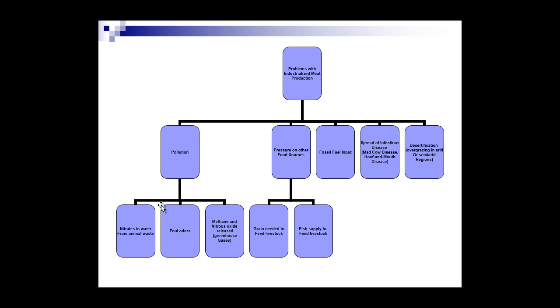So it's really expensive to eat at the top of the food chain, and that reflects in food prices at the store. If you go to the store and you want to buy a pound of steak, it's going to cost you $12, we'll say. All right. If you buy a pound of pasta, it's going to cost you 99 cents. So it reflects in the price. And then if we're talking about fish, you're going to have major problems with feeding the fish. All right. And then you've got other problems.